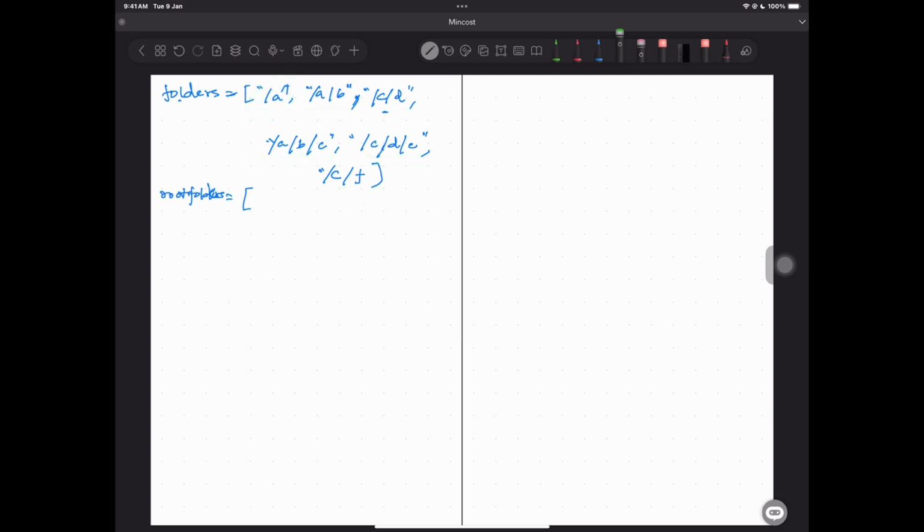So what will be our resultant root folders? If you take the root folders here, if you just see /a/b, we have this root folder, right? So we will be taking /a. For /a we don't have any root folder, so we won't